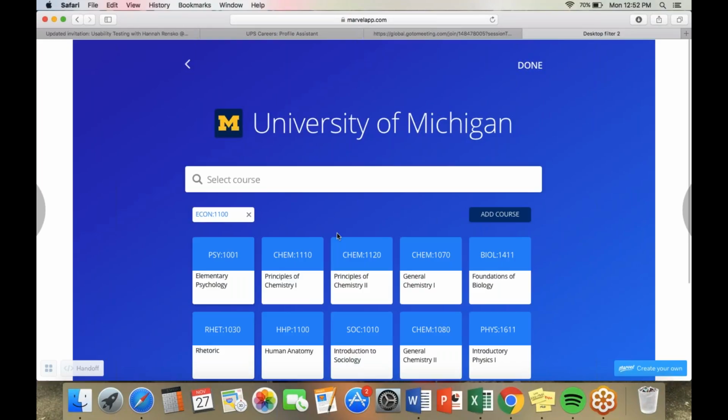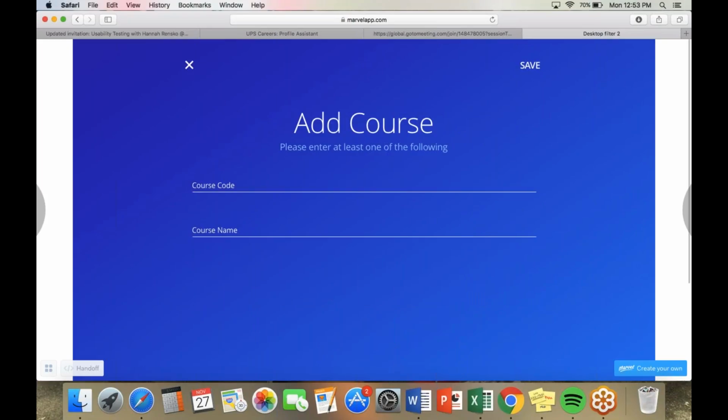Okay, so now you can actually click add course. So go ahead and click that, and again, tell me what you're looking at. I'm looking at a course code and a course name. If I was directed to this site, I would hope that I would have whatever this course code is and the course name. Oh, I'm just kidding. This is